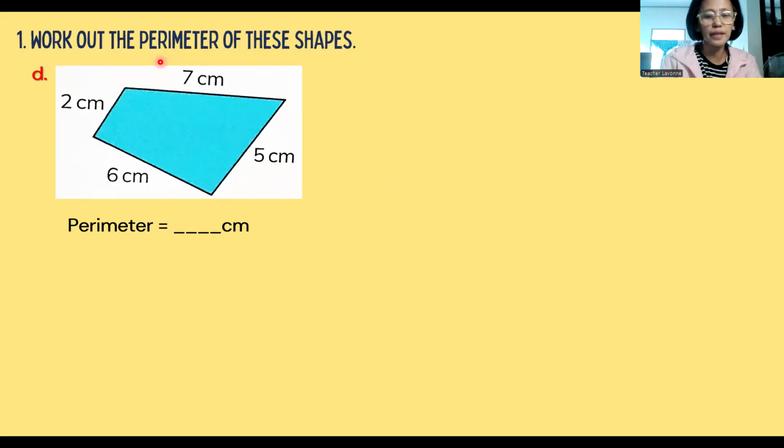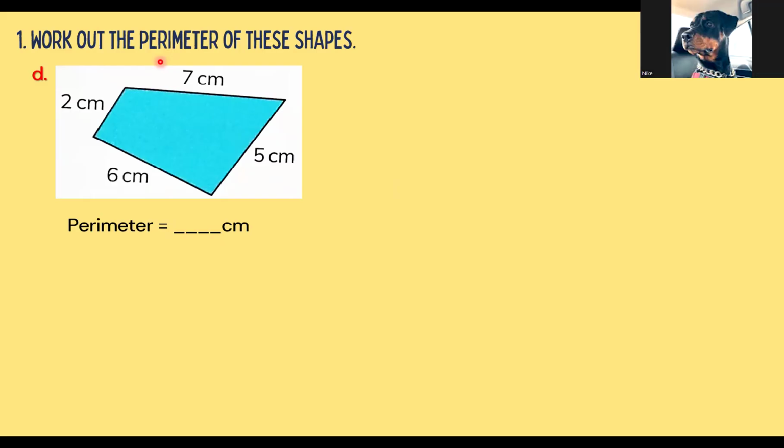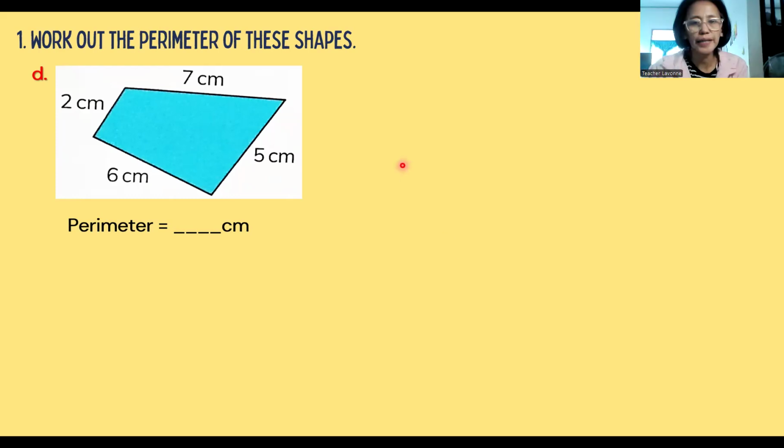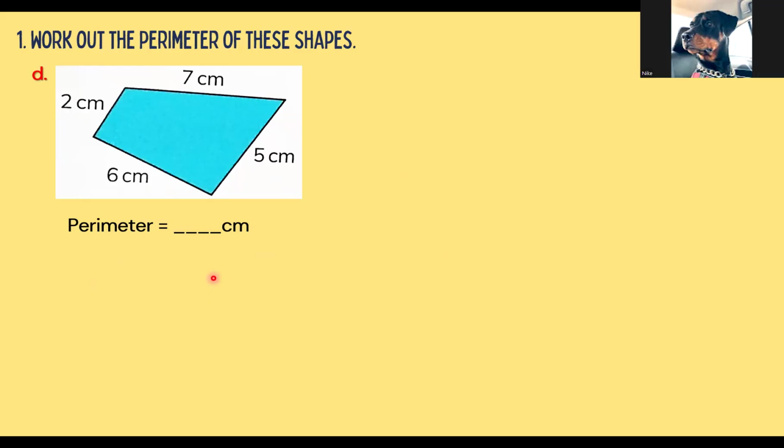Okay, from Nike, 20 cm. Nike said 20 cm. Panman said 20 cm also. Let's see, why does everyone say 20 cm? You show your answer, Nike. You have to show how you get the answer in your notebook and send it to me, teacher, on Monday, because I count.